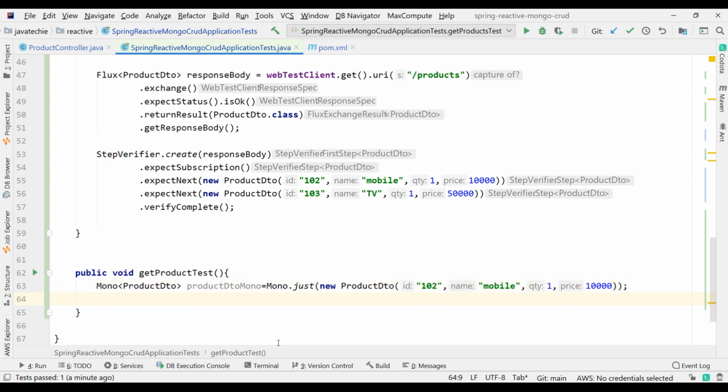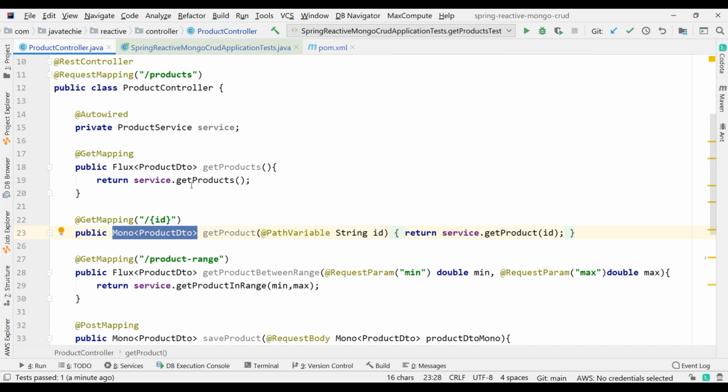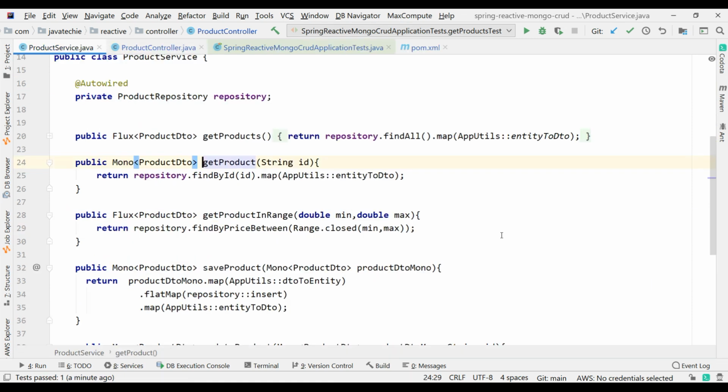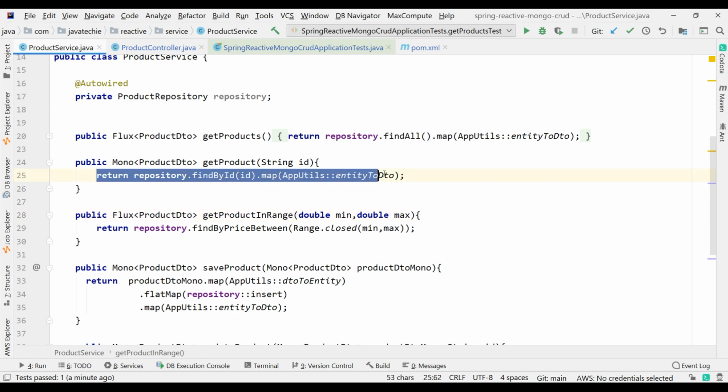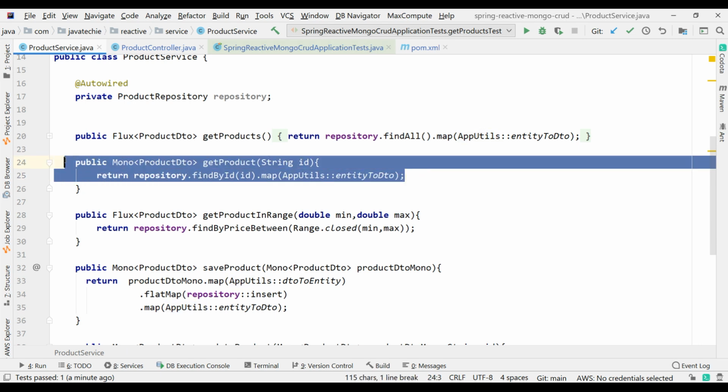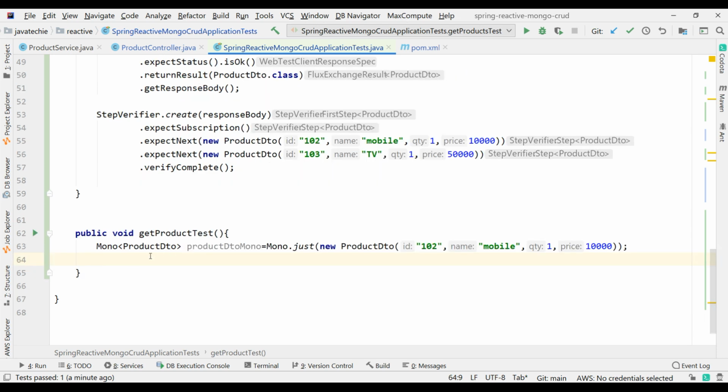Now again here I just want to bypass my database call. So let me show you the things because I'm just writing, maybe it is not clear for all. From controller we are doing the actual call. Now if you go to the service, in service we are just doing our database call, right? So when I write the mock and the API call is made, the request will directly bypass from here itself. The request will not go to your repository class. That you can debug and you can verify. So if required I will debug at the end and I can show you. Now just add it here. So this is the get product test by ID.